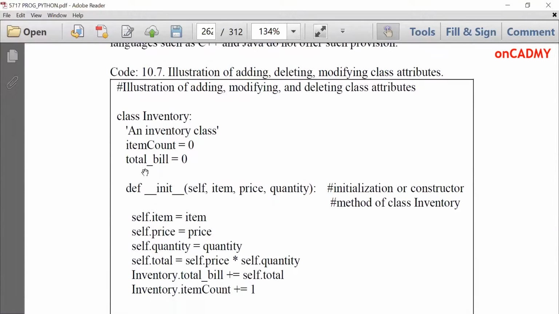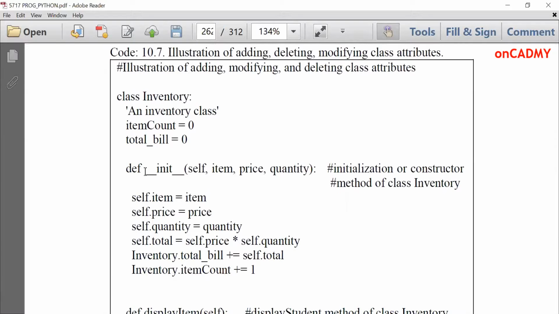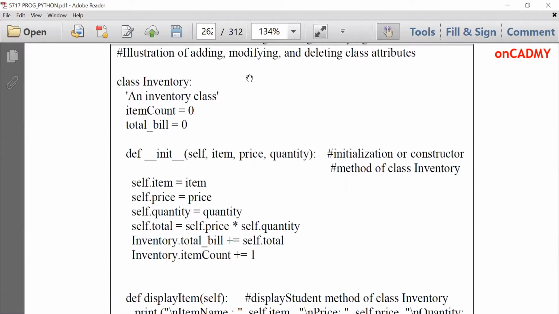Suppose I have this program, which we have studied yesterday also, class inventory with item count and total bill as class variables.